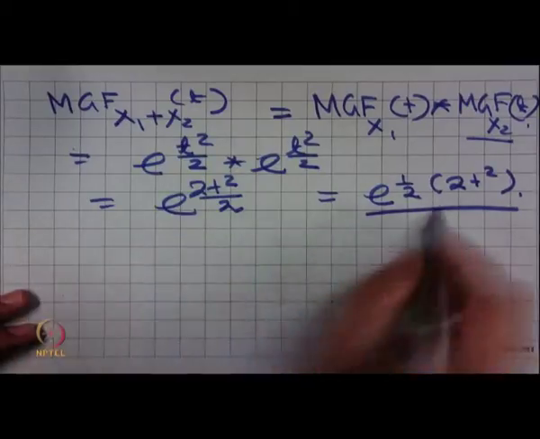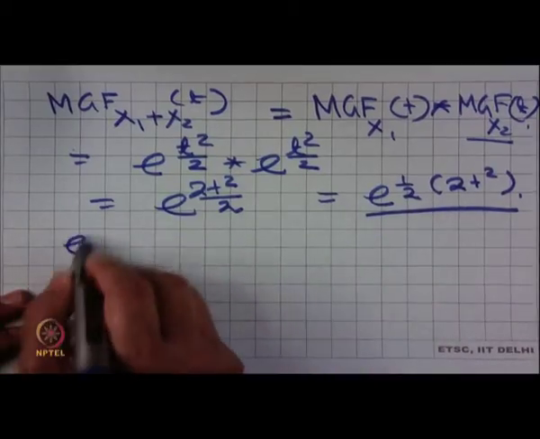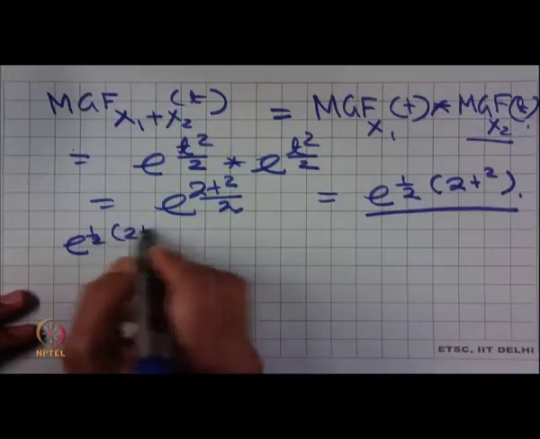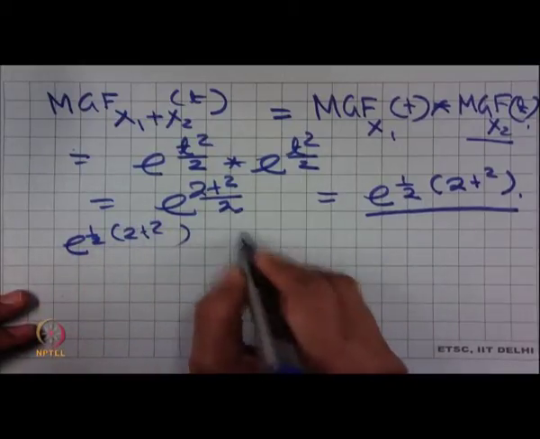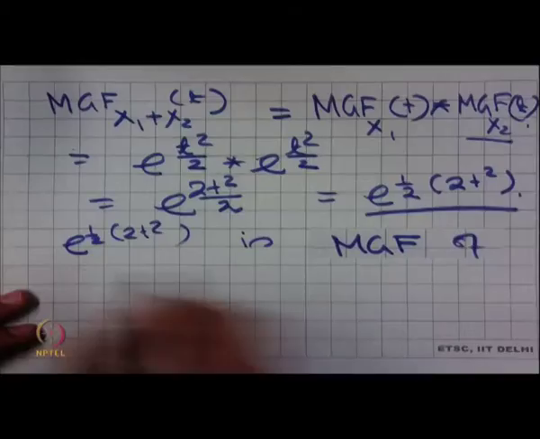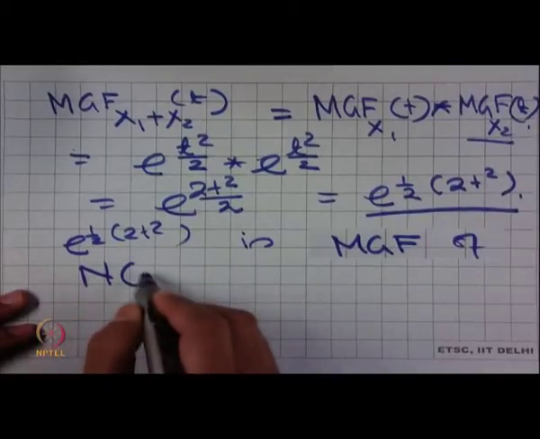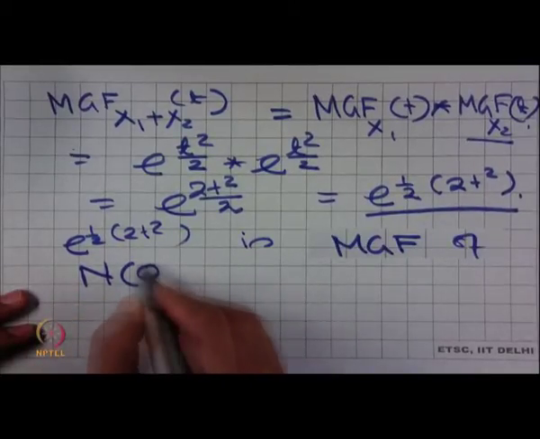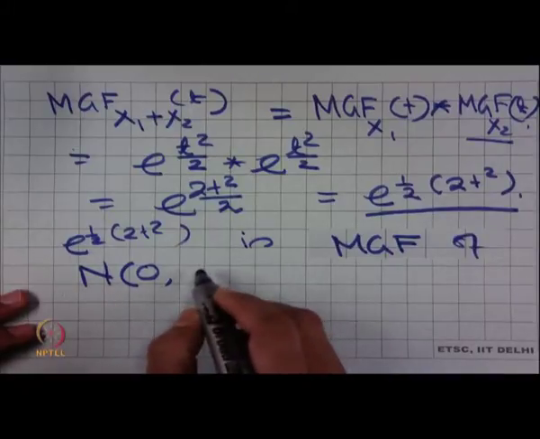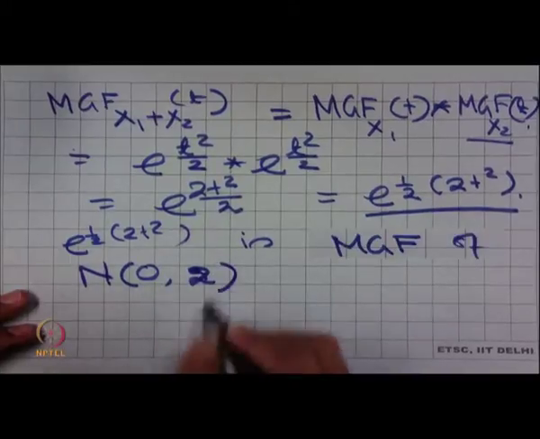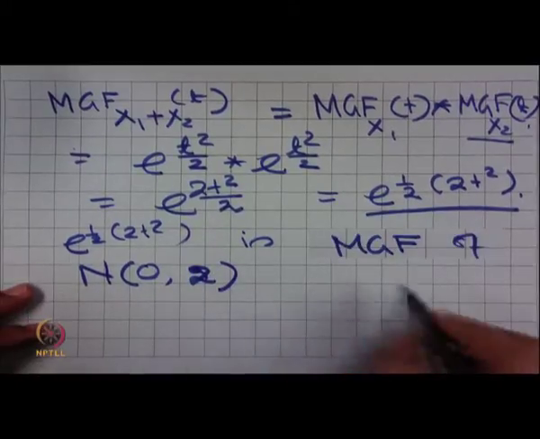Now, this is the MGF of a normal population, normal with mean 0 and variance equal to 2, right, because we know that